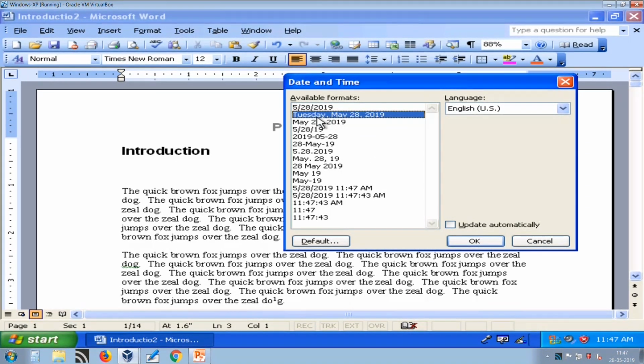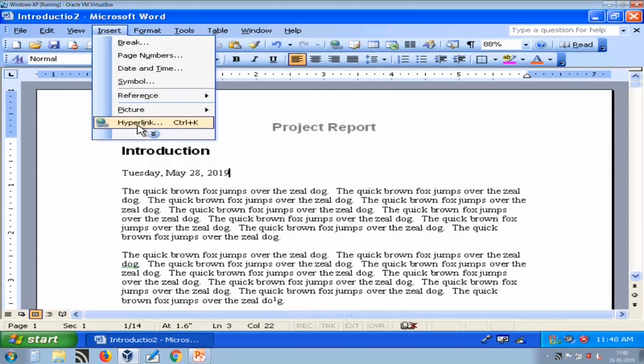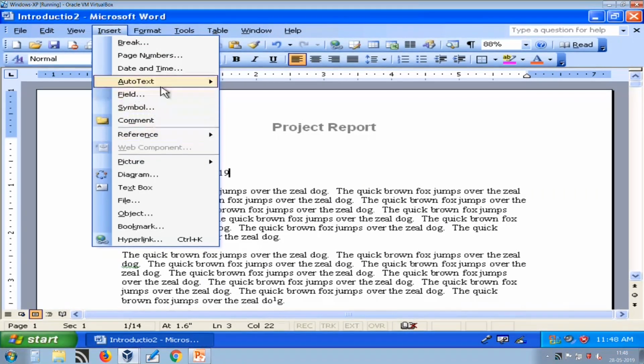Then you have to press OK. At the place of the cursor it will insert the current date and time. You need not type the current date and time, it will automatically fetch your system date, right. So, this is how you can insert date and time.